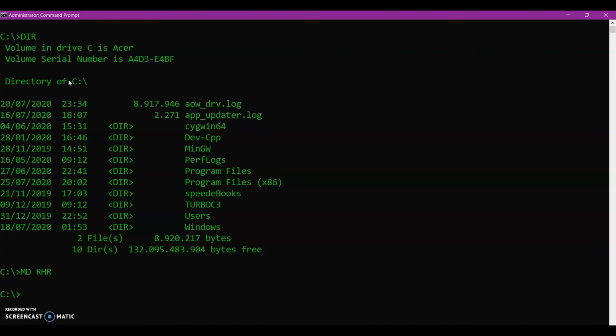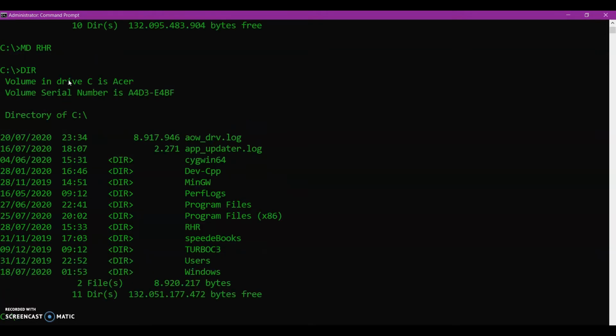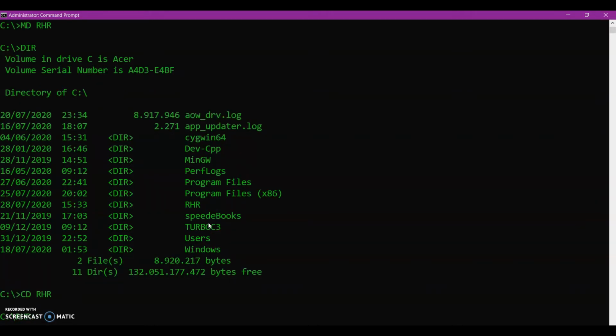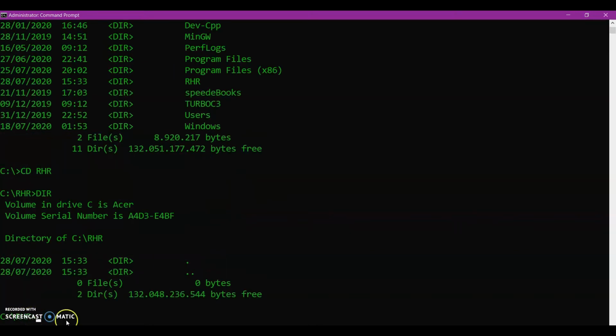Then see whether the directory is created or not. So here you can see the directory is created. Now here I want to enter into this directory, cd rhr. Here I get the prompt again, C:\rhr. Now if I look for any file using the same dir command, I cannot get any file.